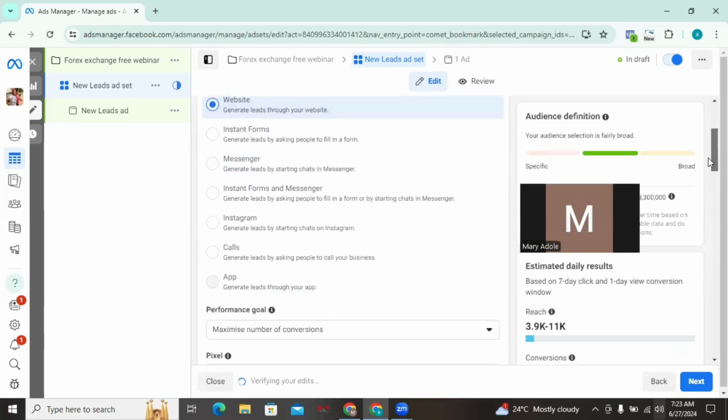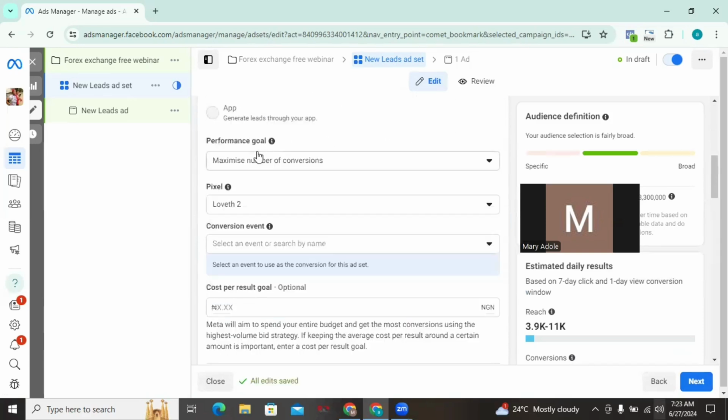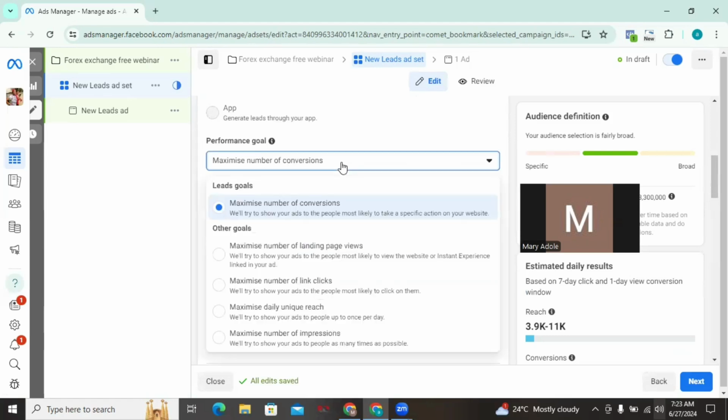Okay, so I'll just scroll down and then here where it says performance goal, I'm going to be leaving it at maximize number of conversions. You can also maximize number of landing page views. This is for other ad objectives, but because what we actually want to do is to generate leads, we are going to be leaving it at